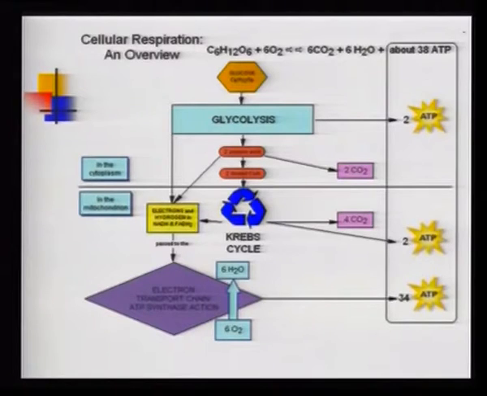This is just an overall view of whatever we have talked about in respiration. Observe, glycolysis is producing 2 ATPs and also 2 NADs reduced. Then pyruvic acid enters the Krebs cycle, and from the Krebs cycle the products are reduced coenzymes which enter the electron transport chain, where they finally get oxidized to their oxidized state, that is NADH into NAD and FADH into FAD, producing a large amount of ATP and carbon dioxide and water.